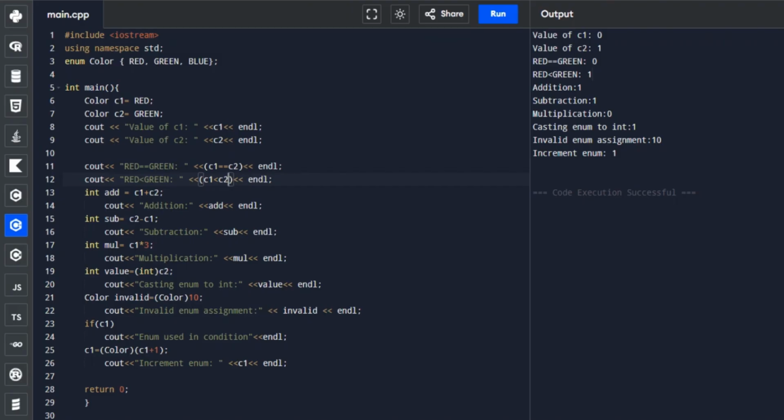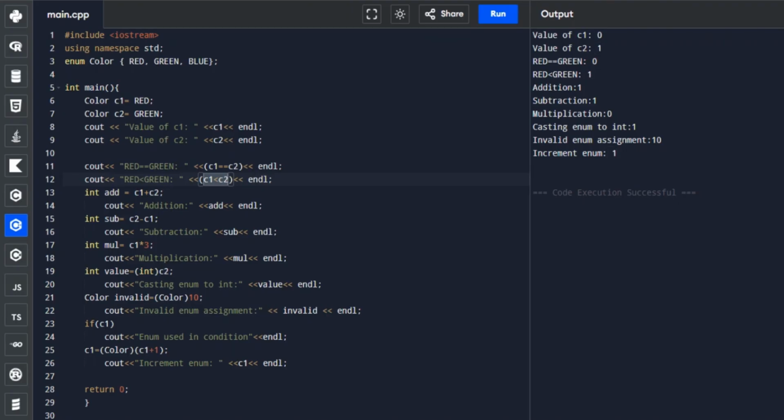So if we compare, is C1 less than C2? This is true. As you can see, it displays 1 because any non-zero number in C++ will be read as true. So that's why it becomes 1.